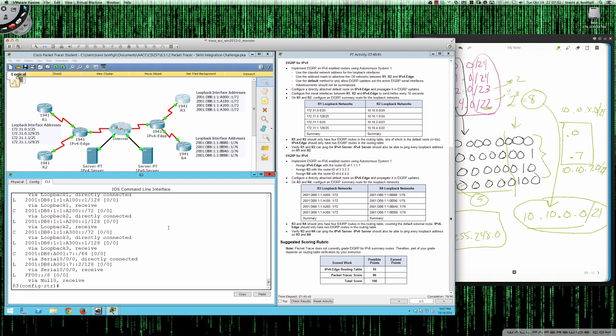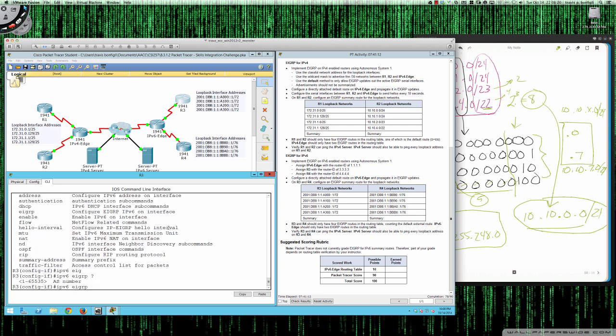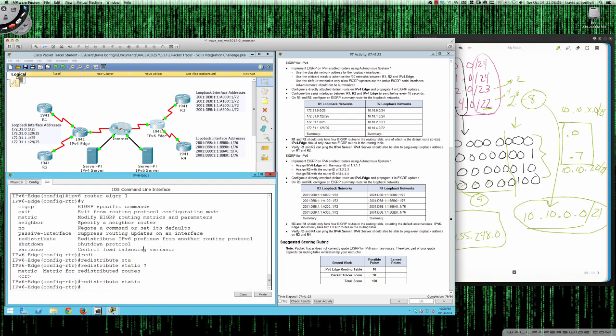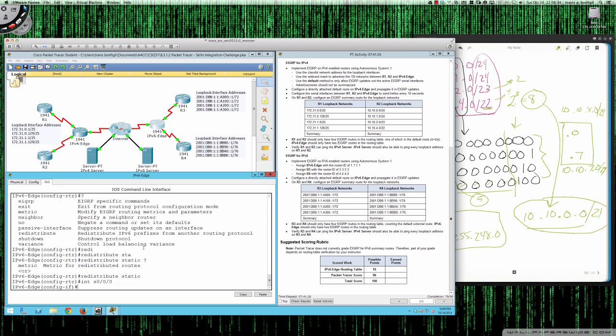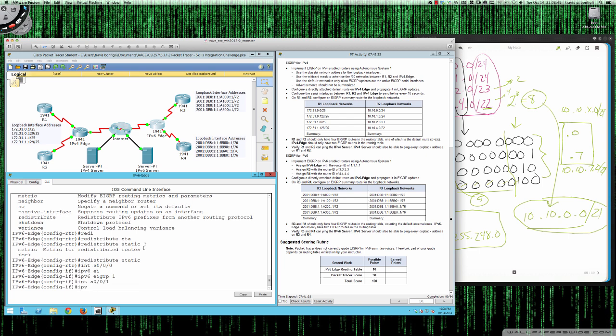The key thing to remember here is that with EIGRP for IPv6, we actually have to enable it on the interfaces. It's not enough to simply enable the IPv6 EIGRP router configuration globally. We need to jump into the interfaces. So I'll type in interface serial 0/0/0 and ipv6 eigrp, and then our autonomous system number, right? That's going to enable that IPv6 process on router 3. Let me jump onto IPv6 Edge, so we'll say int serial 0/0/0 and ipv6 eigrp 1, and then int serial 0/0/1 ipv6